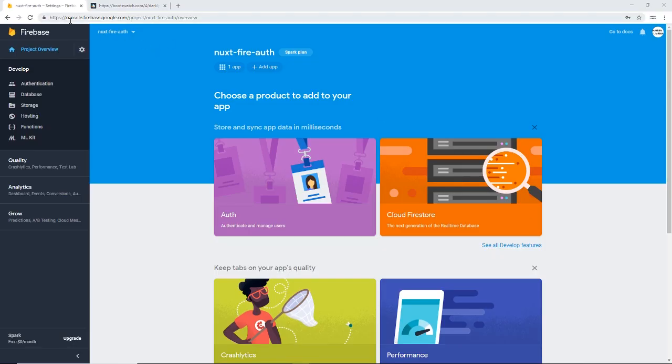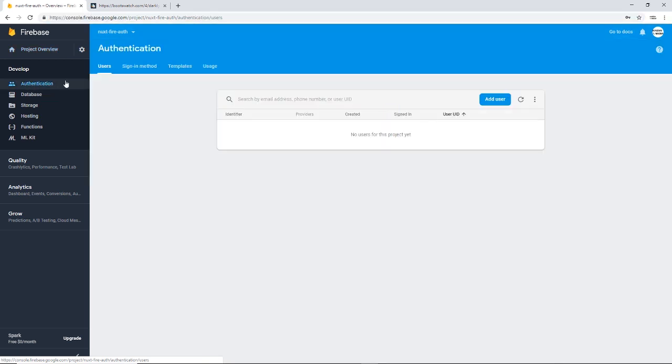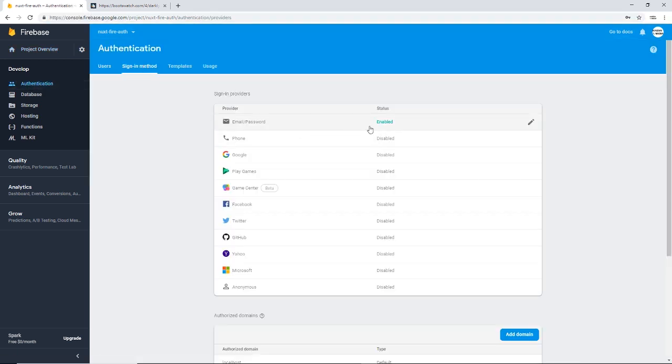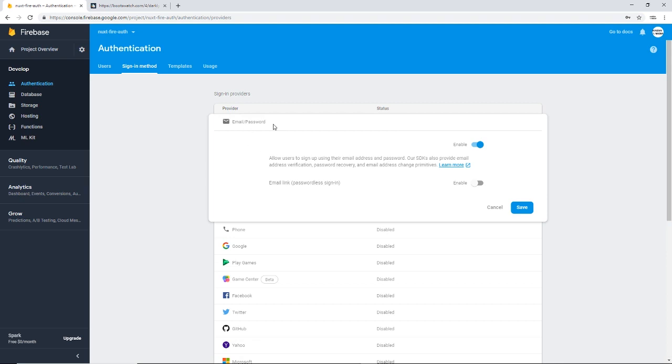While that installs, you guys would want to go to the console.firebase.google.com website so that you can log into your console and create an app. Your homepage will have a few options here. Just click on web and then give it the name you want. And then the important step is to go to authentication and then sign in method, and then enable this email password method,